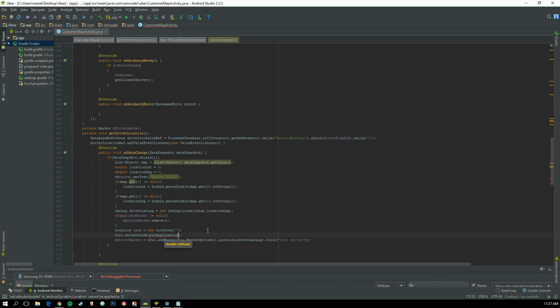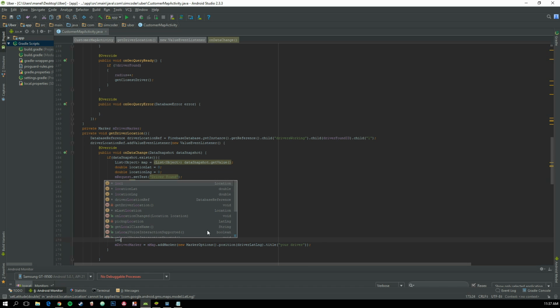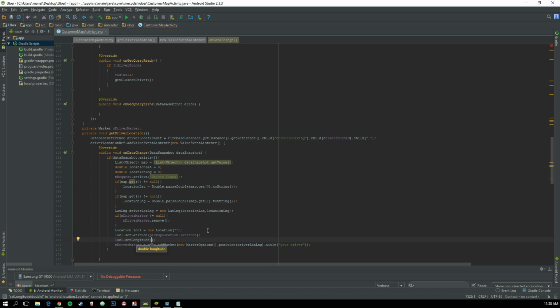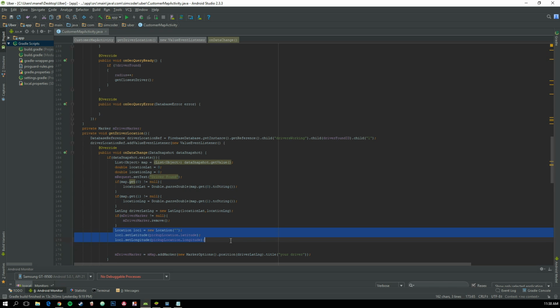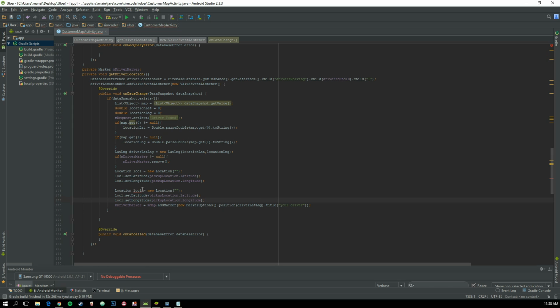So call pickup location dot latitude, and do the same thing for the longitude, obviously. So pickup location dot longitude. And now we are going to double this and call it loc2, and we have the two locations that interest us the most. So now we are going to say driver latitude and longitude, which is the one that we created here,